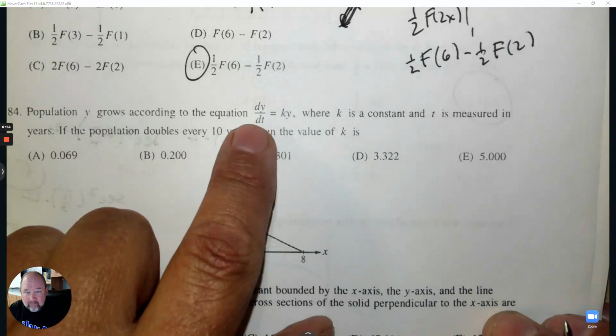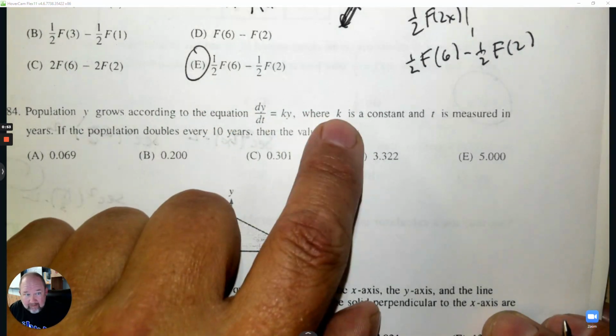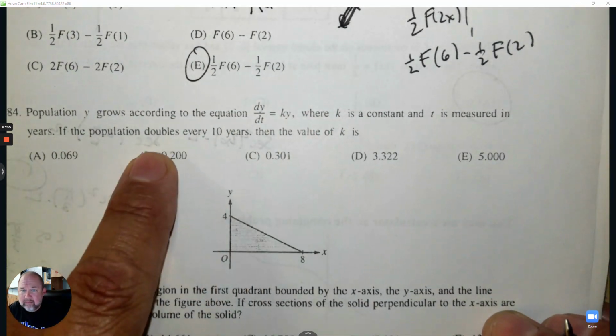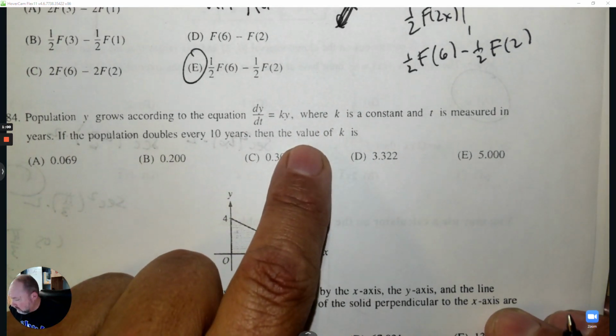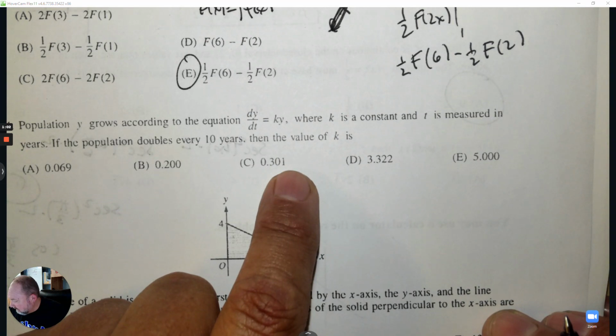Population y grows according to this equation, where k is a constant and t is measured. If the population doubles every 10 years, then the value of k is what? So to recognize that for 84,